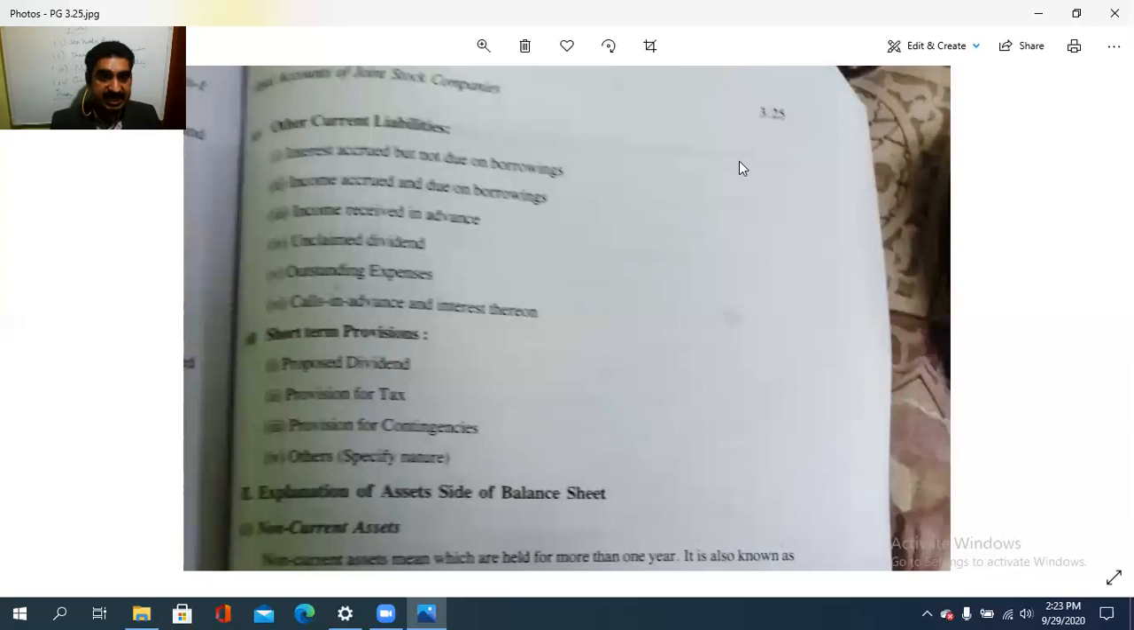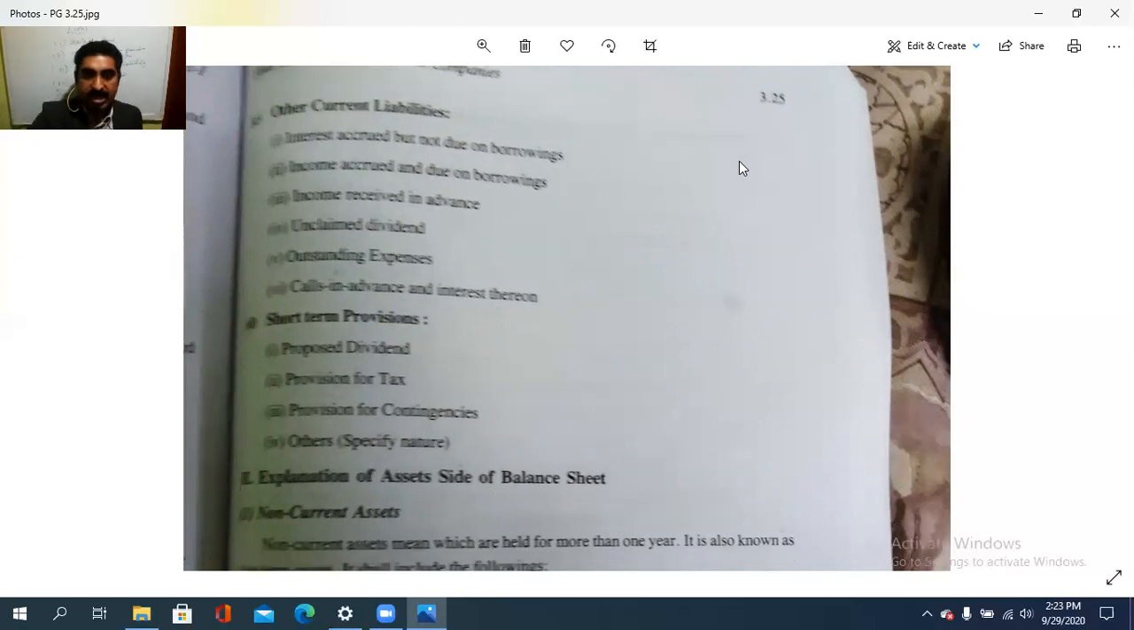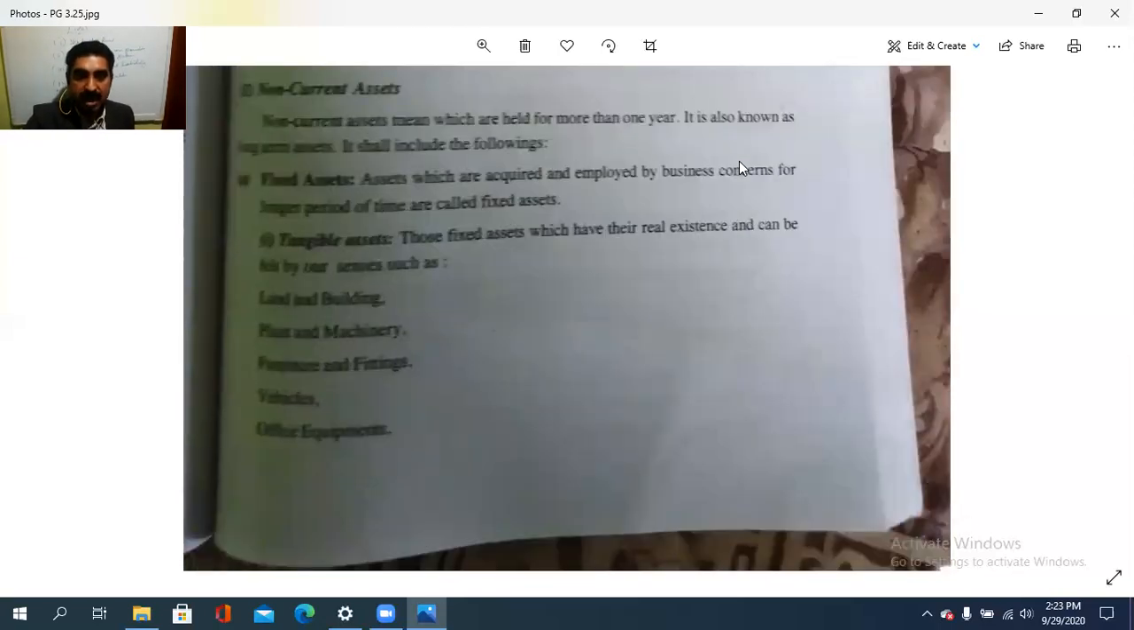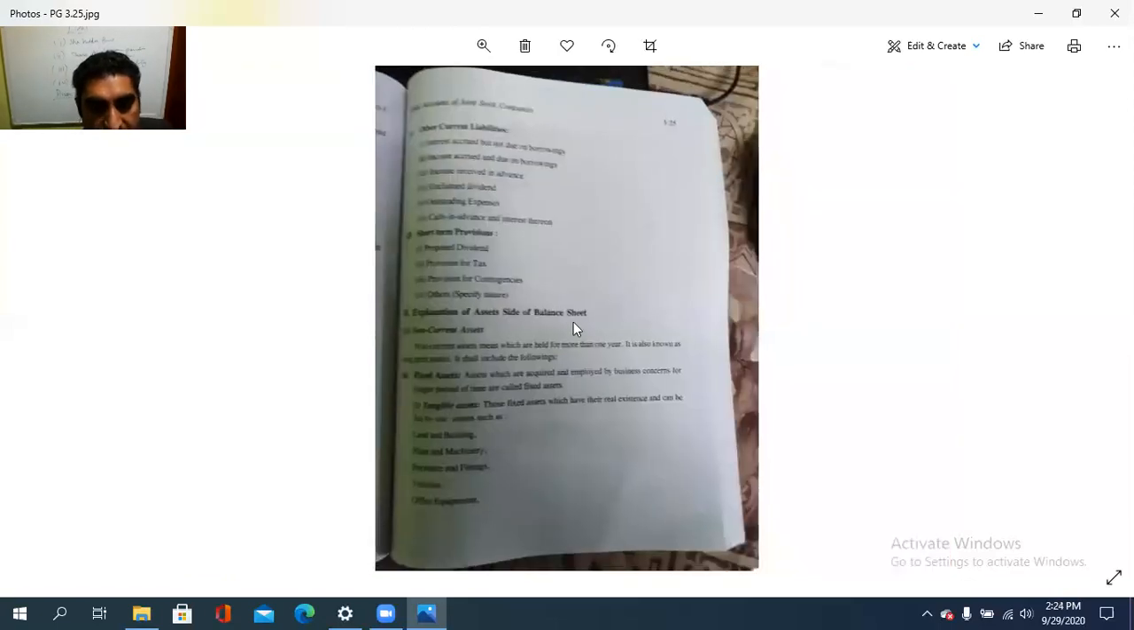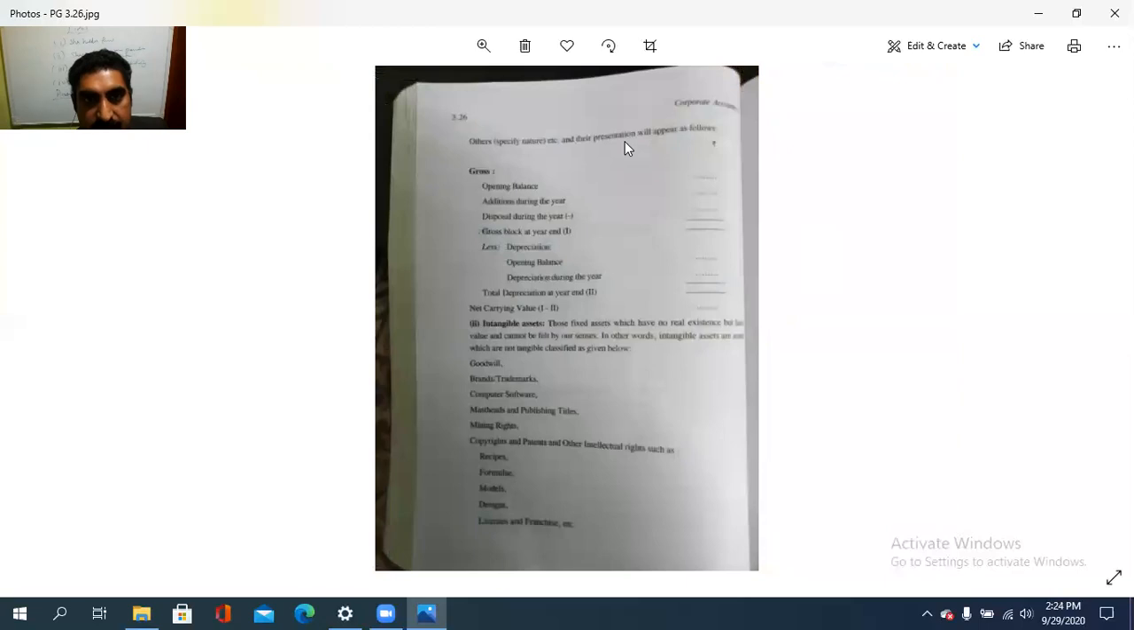പിന്നെ അസറ്റ് സൈഡ്, അത് നോൺ കറന്റ് അസറ്റും കറന്റ് അസറ്റും, അതായത് ഫിക്സഡ് അസറ്റും കറന്റ് അസറ്റും. ലൈക്ക് ദാറ്റ് explanation of the asset side on the balance sheet like non-current asset, in that fixed asset is there, tangible is there, intangible is there, isn't it? Like land and building, plant and machinery, furniture and fixtures, vehicles, office equipments, etc. Then